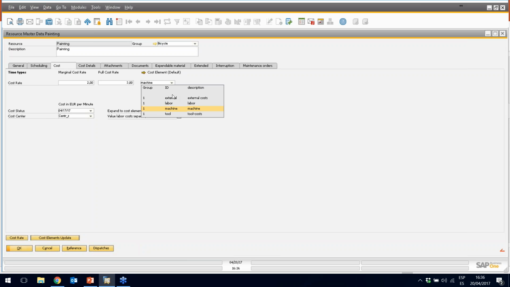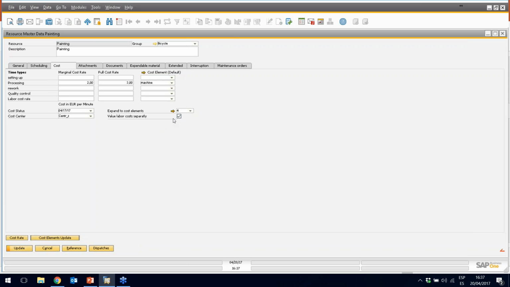We can define several elements, okay, that can be assigned to the cost. Also, we can expand our cost elements in here. For example, we can say that it's going to be 4, and in here you can see that many other things are displayed. We have the setup cost if we want to separate all the costs on the specific workstation. Okay, that just depends on how you want to handle it. Also, if you want to handle the labor cost separately, you can just select the flag, and you will see that this field